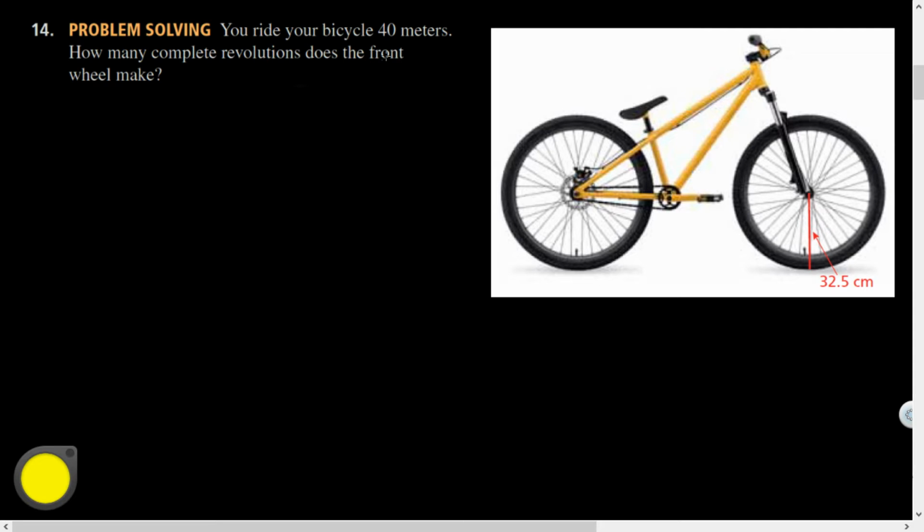But anyways, you ride your bicycle 40 meters. How many revolutions does the front wheel make? This is a circumference question. So what is the circumference of that? C is going to equal 2 pi times 32.5. C is approximately 2 pi times 32.5, and I get